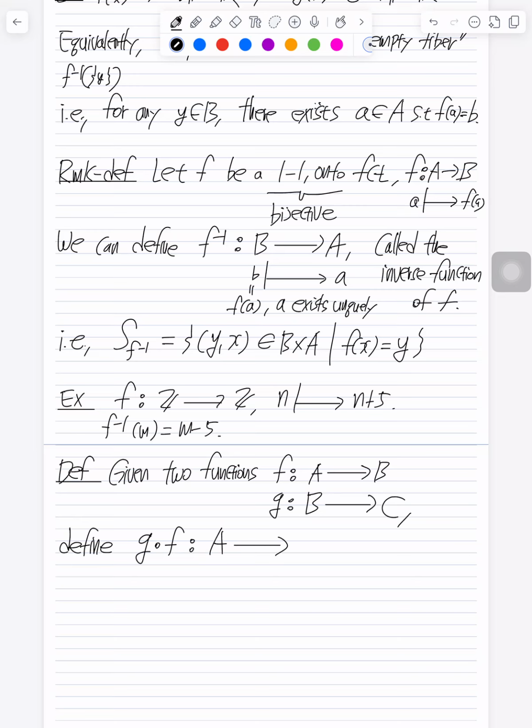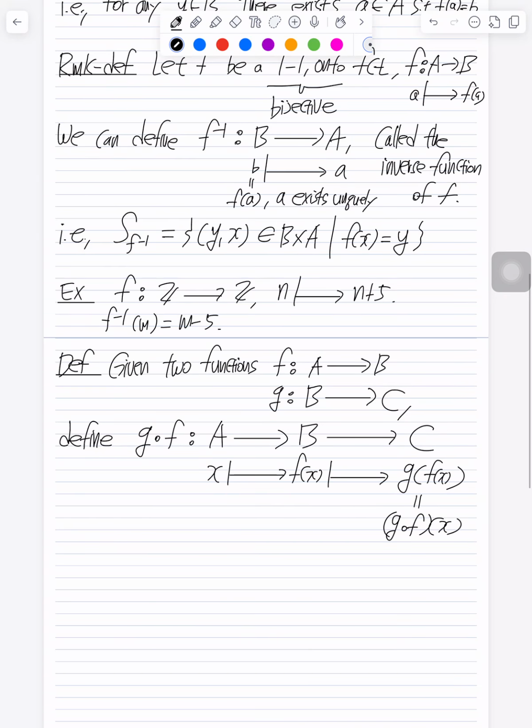How does this happen? We know we can map from A to B first, and then we can also map from B to C, so that x is assigned to f of x first, which is further assigned by the function g, so that we have a rule to assign from x to g of f of x. We just call this g circle f, acting on the chosen x.